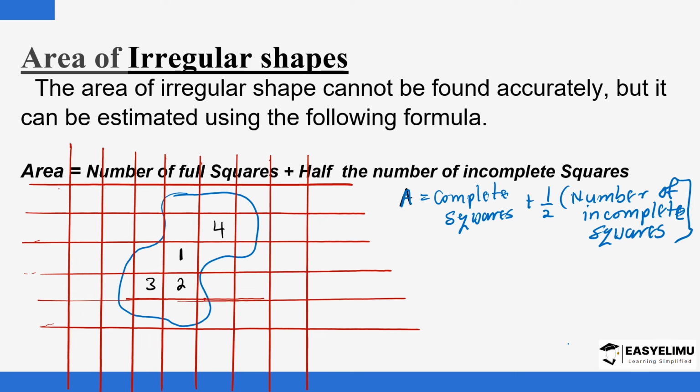So you count the number of complete squares and the number of incomplete squares, and then you divide the incomplete ones by 2. So in this case, the complete squares are only 4,